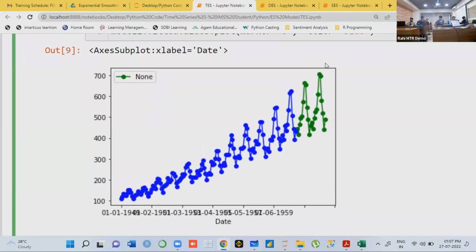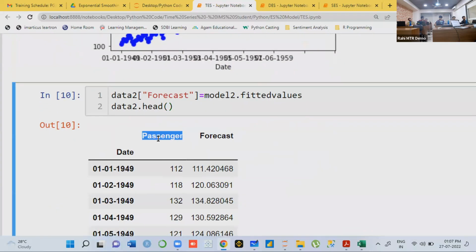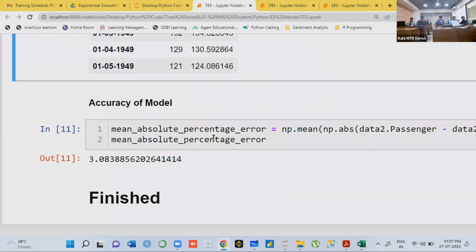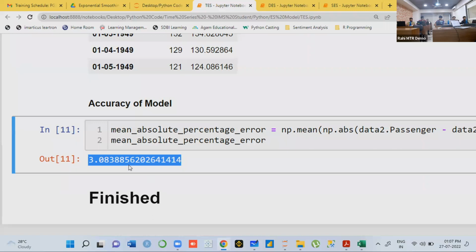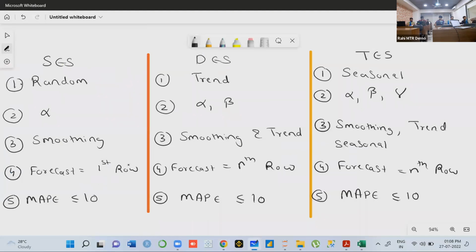Easy. Next, we take my actuals and my forecast. I compute my mean. How much? 3.08. Less than 10. Can you see the model is a good fit with 3% error and 97% accuracy? Clear? Easy, guys. Can you write this one as a distinction between exponential smoothing